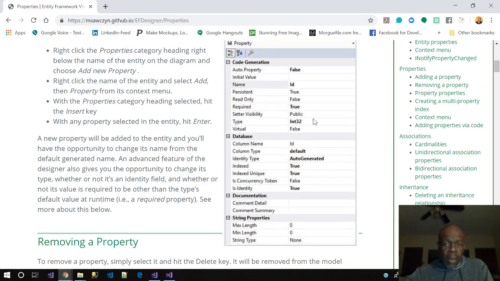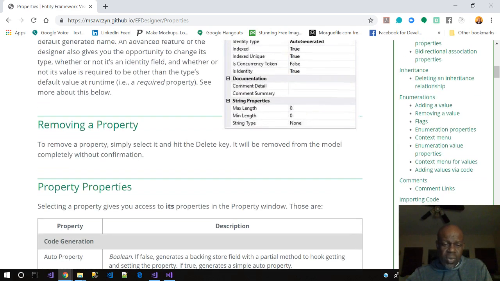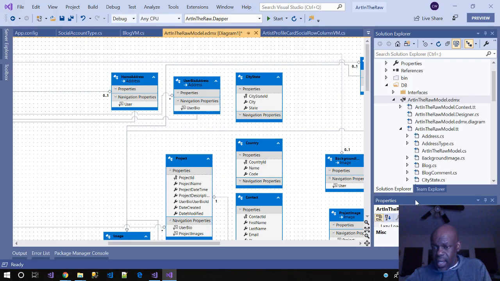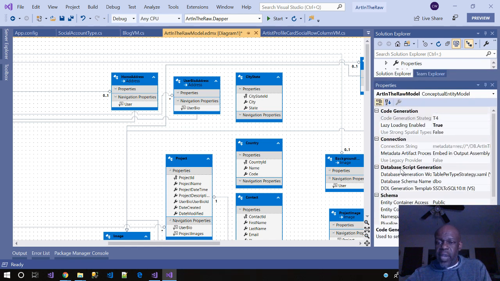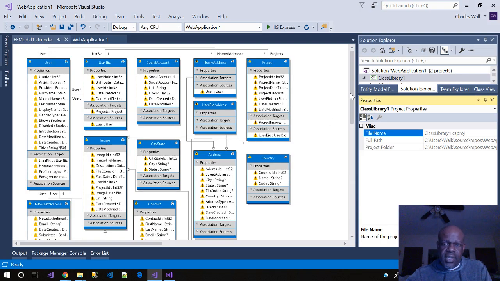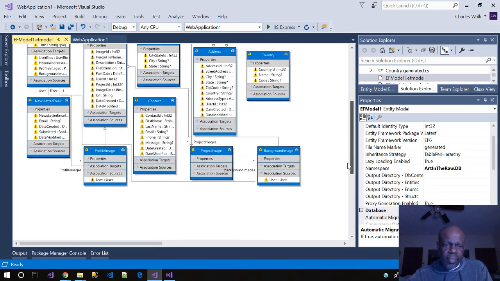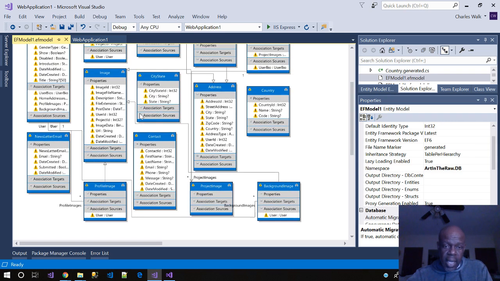But here you have all your properties. You can set everything up just like you could do in regular Entity Framework, which has the same structure. So he did a very good job on a good comparison-type UI, so that you're not having to relearn a lot. There are a couple things you have to relearn that are different, but for the most part, they're just so similar that I was able to do all of